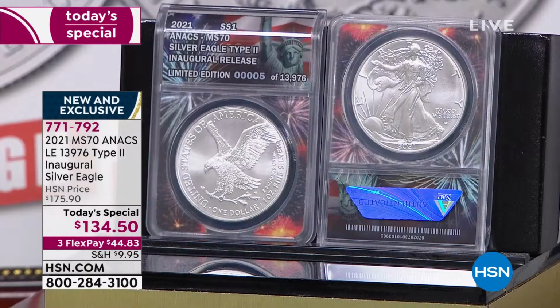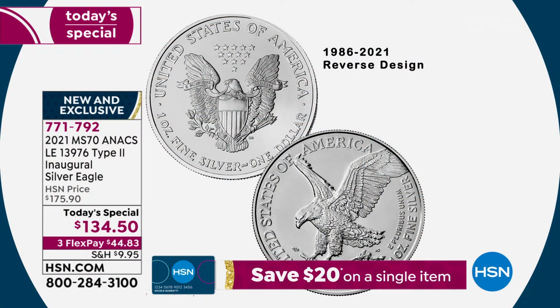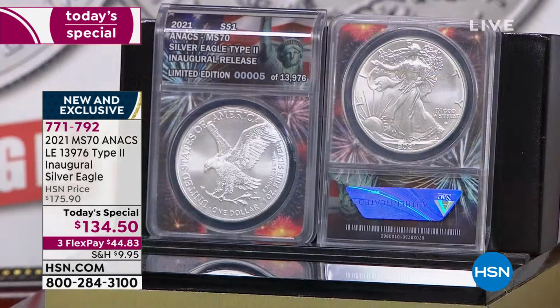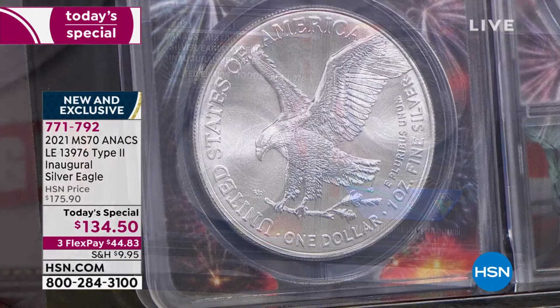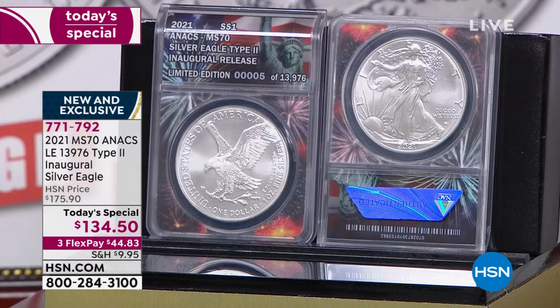So as they change this, they not only changed the reverse by using the old heraldic eagle design and then changing it to this eagle in flight. That's a great look right there at the old eagle, and then the new eagle, which really kind of brings us in. But they kind of made the entire coin more symmetrical. America is now centered in between the wings. And it's amazing. But they've also done some changes to the obverse, the front of the coin,